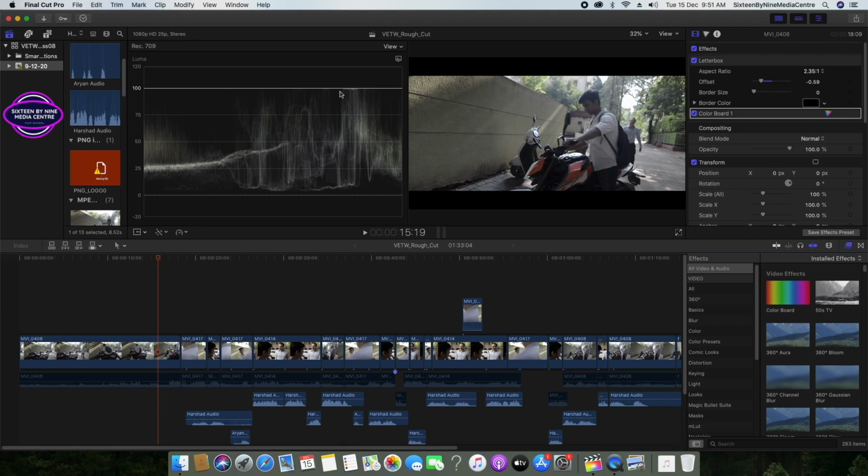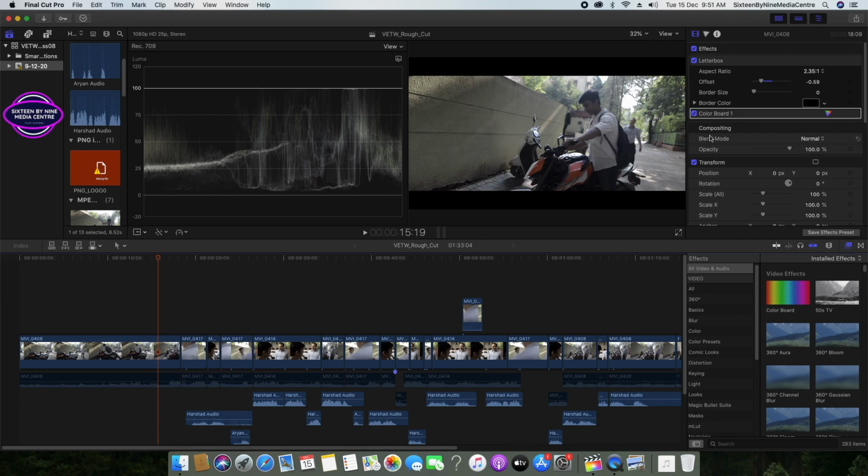And you can see here that it is clipped. Other waveforms have spikes over here and over here, but this one is coming as flat. That means it is broken, it is burnt. And because of this light, the face of the actor is dark. So we need to improve this first.